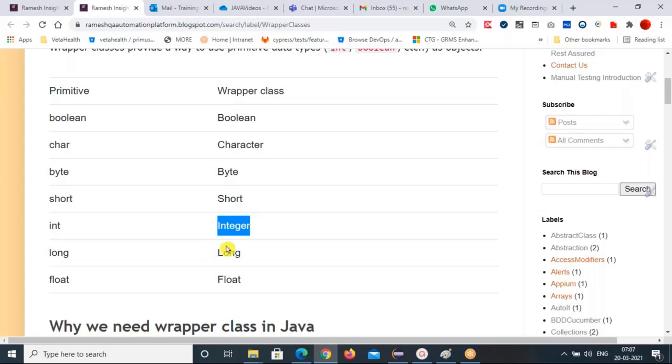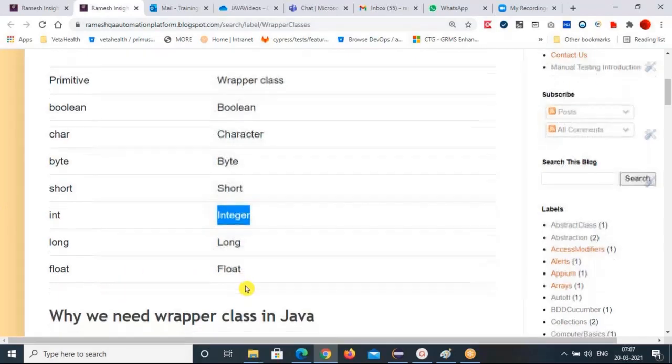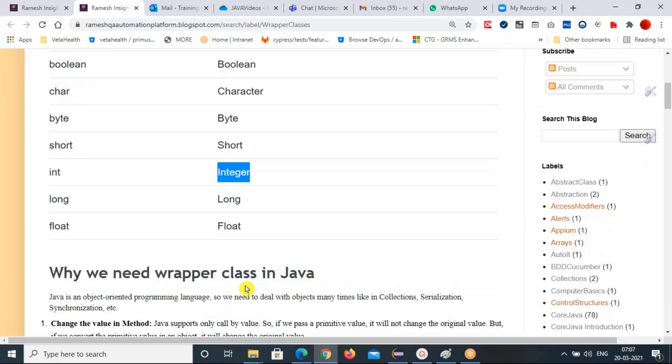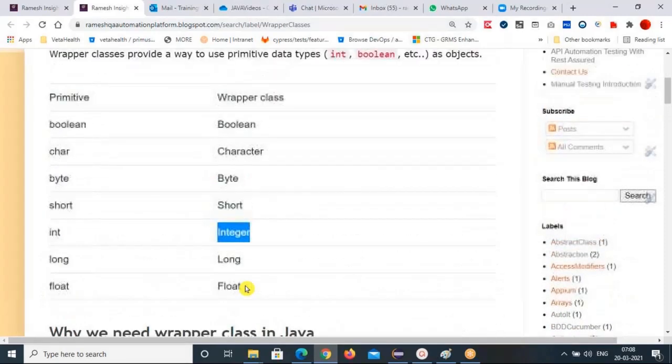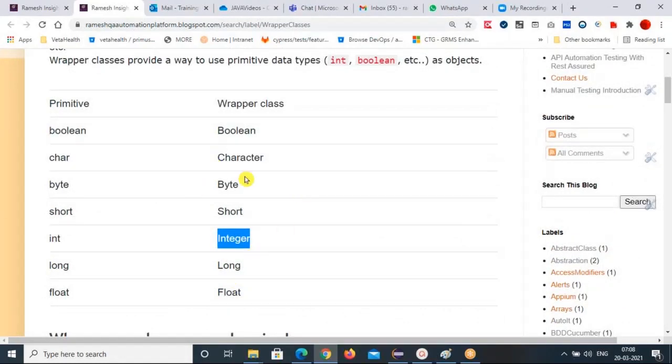Then the Long wrapper class. So the long primitive data type has a Long wrapper class. The float primitive data type has Float. Double you have. So these 8 primitive data types have 8 wrapper classes. All these classes are available in the java.lang package only.